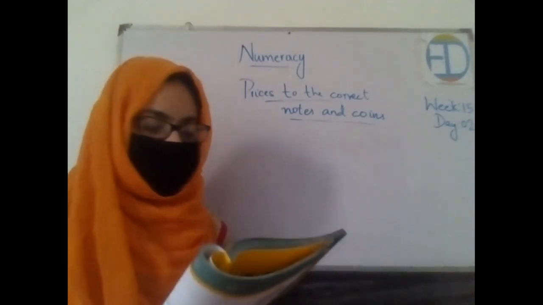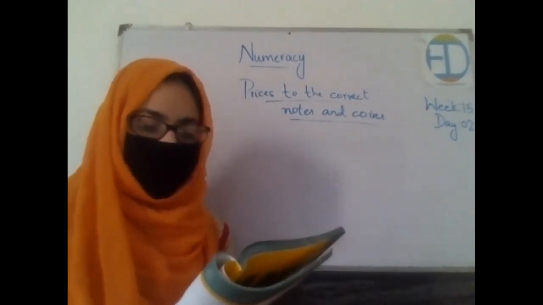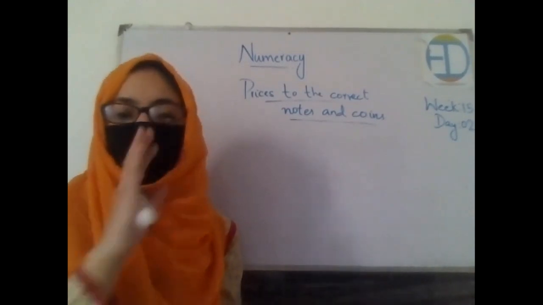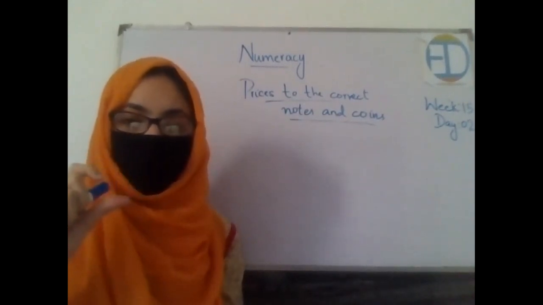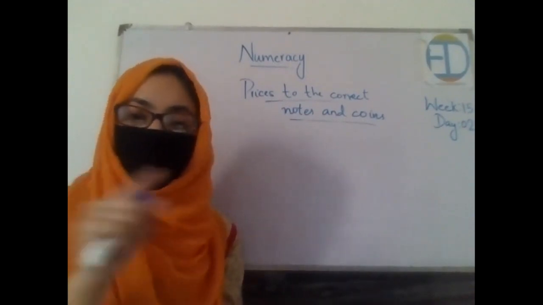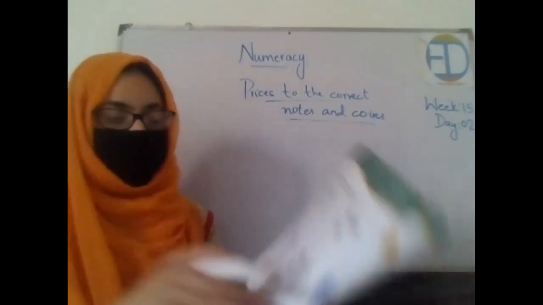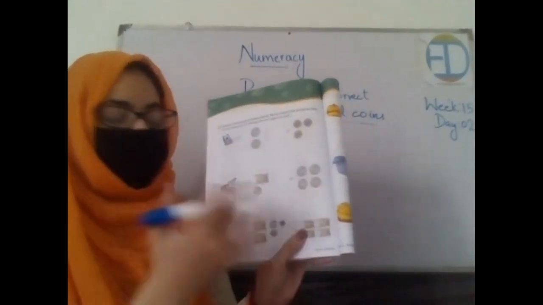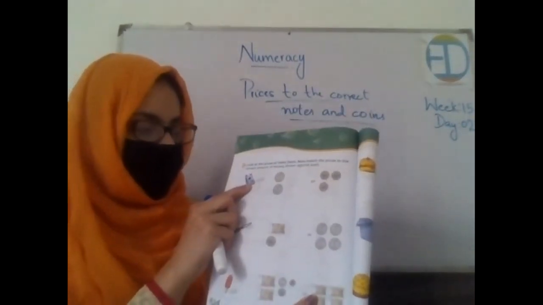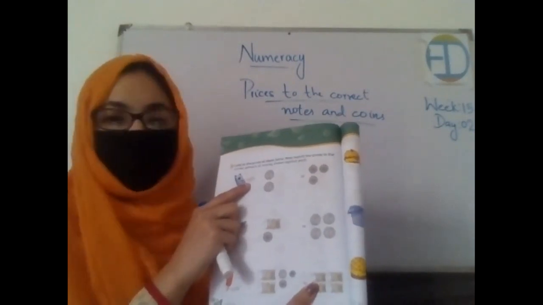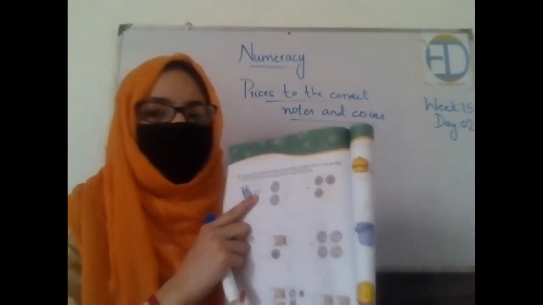The statement says: look at the prices of these items. Now match the prices to the correct amount of money shown against each. On one side, there are some pictures of things, and the price tags are also attached to them. You are supposed to match the correct prices with the correct amount of money. On the other side, you are given some coins or notes, right? You are supposed to tell which one is the correct answer. Look at the first one. It's a notepad, and it says that this is rupees 6. So do we have a coin of rupees 6 or a note? No. So how will we make rupees 6?